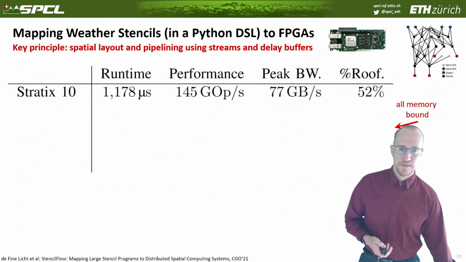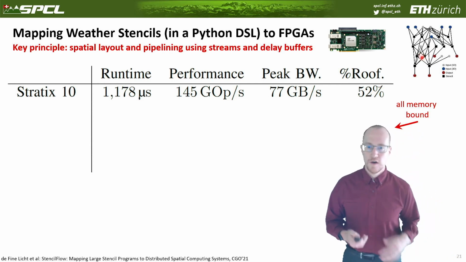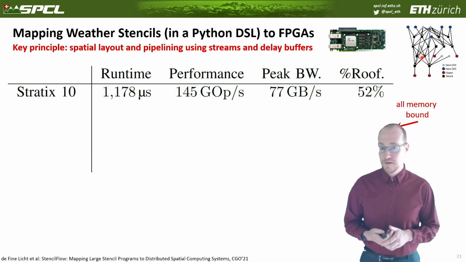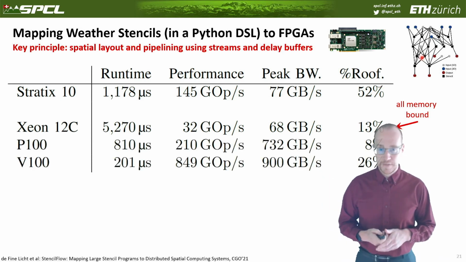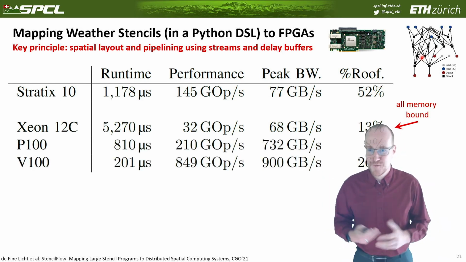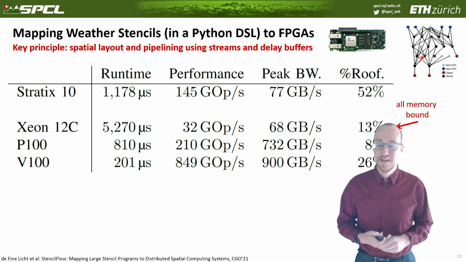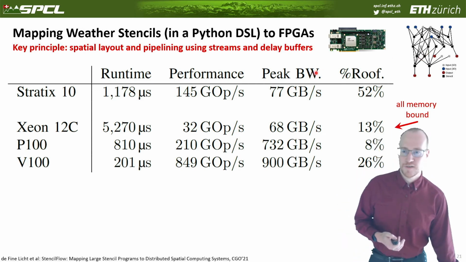You can see this stencil up here. That's actually a horizontal diffusion stencil extracted from a real weather code on real FPGAs. Now we cannot compare to others, but we can compare to a CPU. I mean, other people did not run it. We were the first ones to run the stencil code on an FPGA. And we compare it to optimized versions on a CPU, the P100 and the V100.